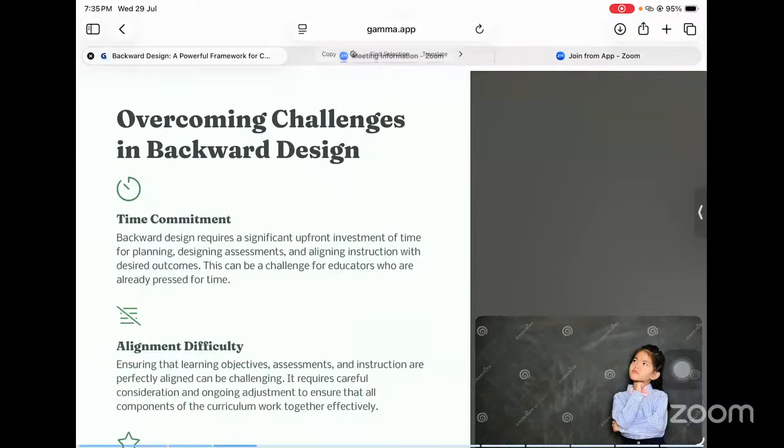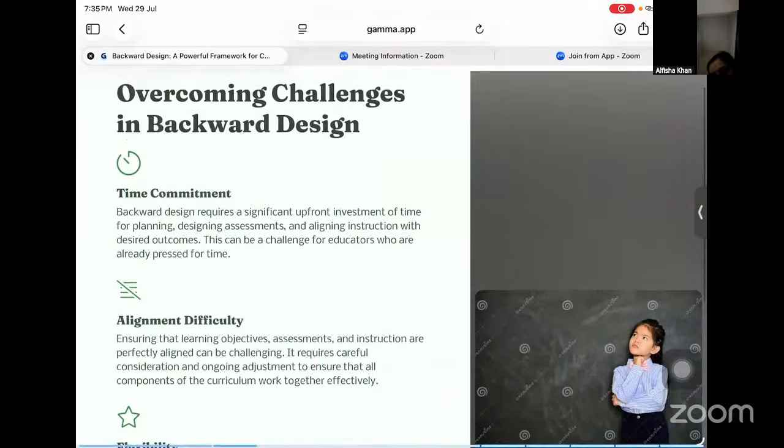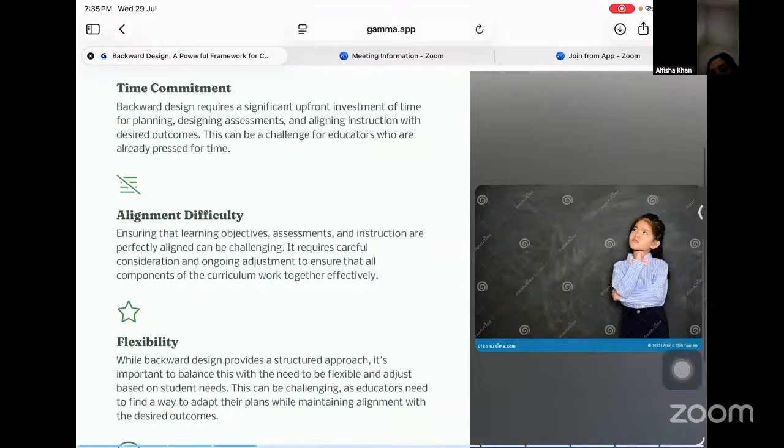Now, there are many challenges that the teachers may face when they are doing this. Teachers feel that when they are,